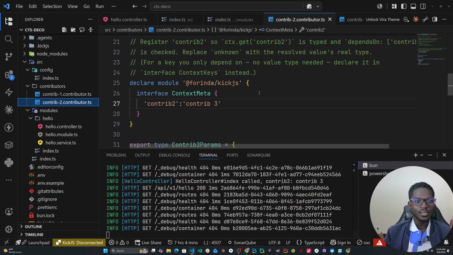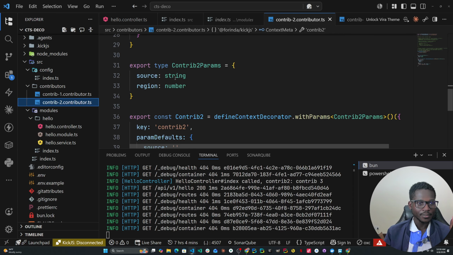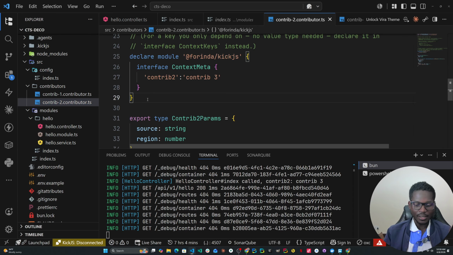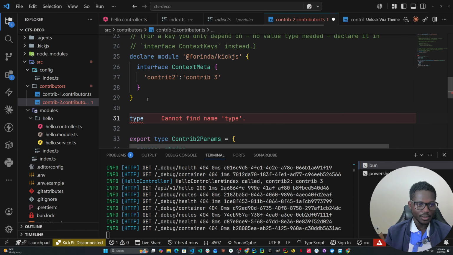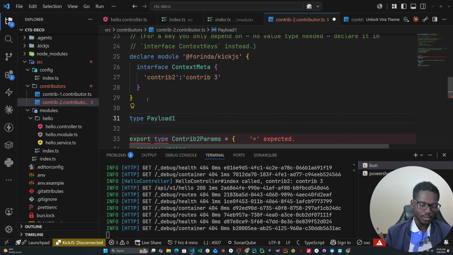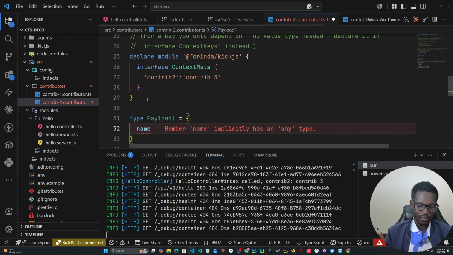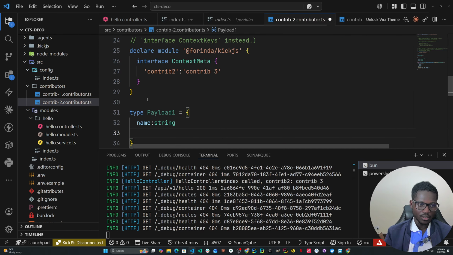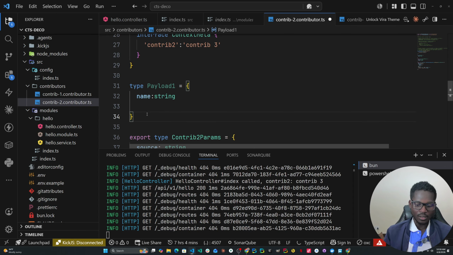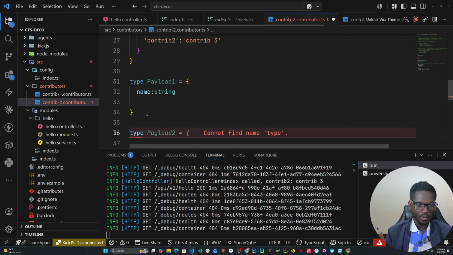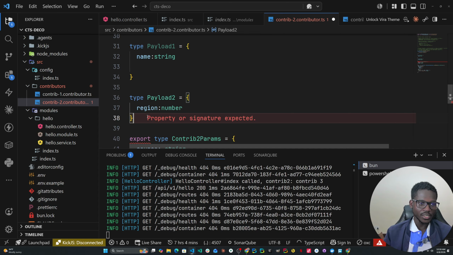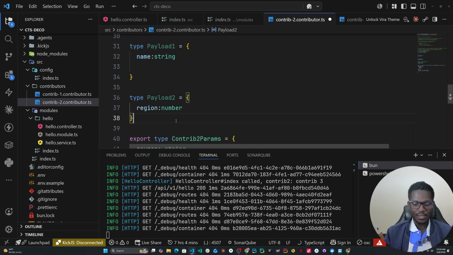All right, so let's say we have a type payload 1, which will be maybe name string, then type payload 2, which has a region which is a number, and